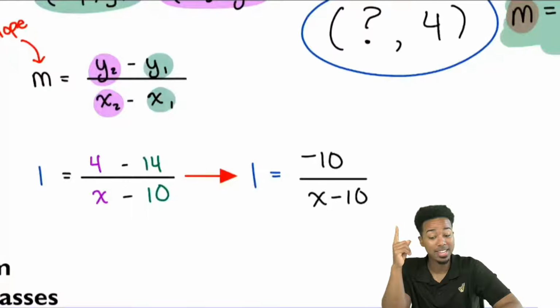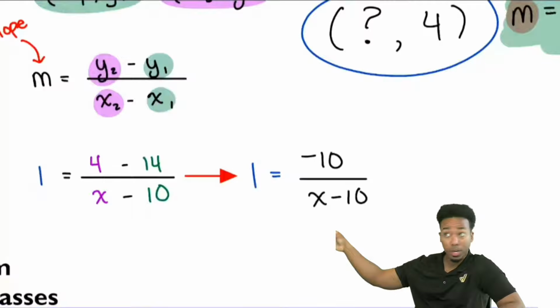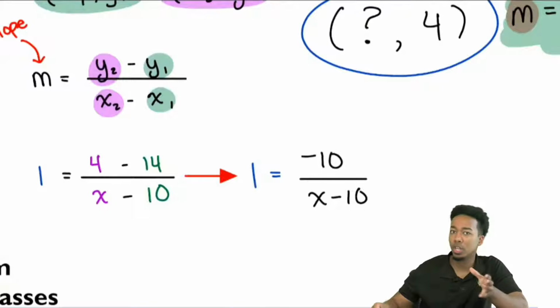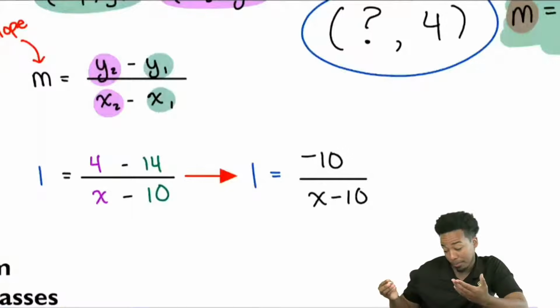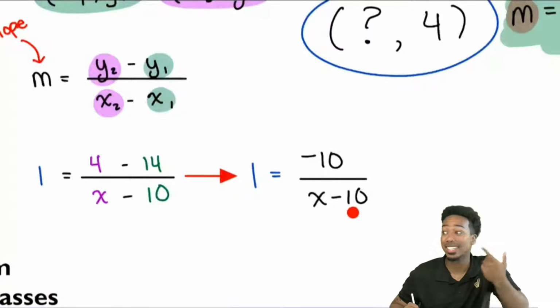If the top is negative 10, the bottom also has to be negative 10. It has to. Because remember, if you're dividing a number by itself, you're trying to get 1. You're trying to get that 1 right over there. So that's one way you could look at it. And if you eyeball it, well, you already have that negative 10 right there. That needs to be a 0 then. Because 0 minus 10, that's going to give you negative 10. That's one way you could look at it.